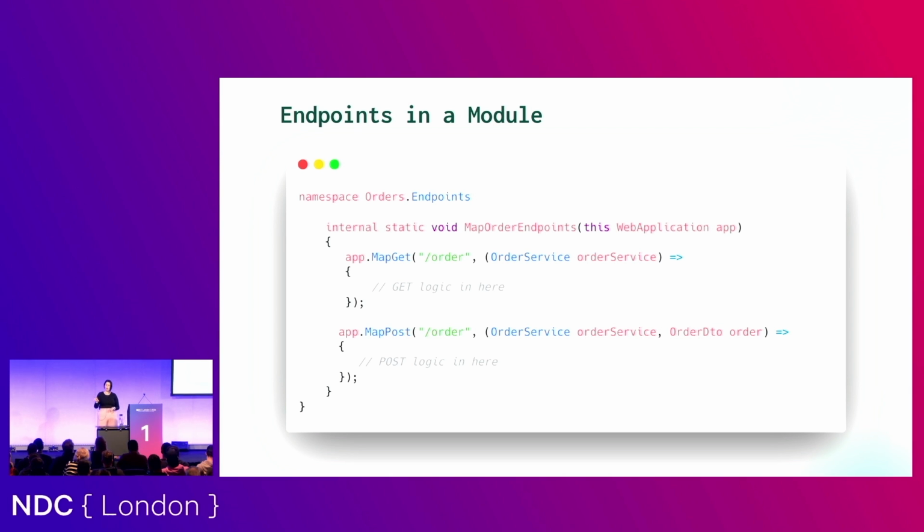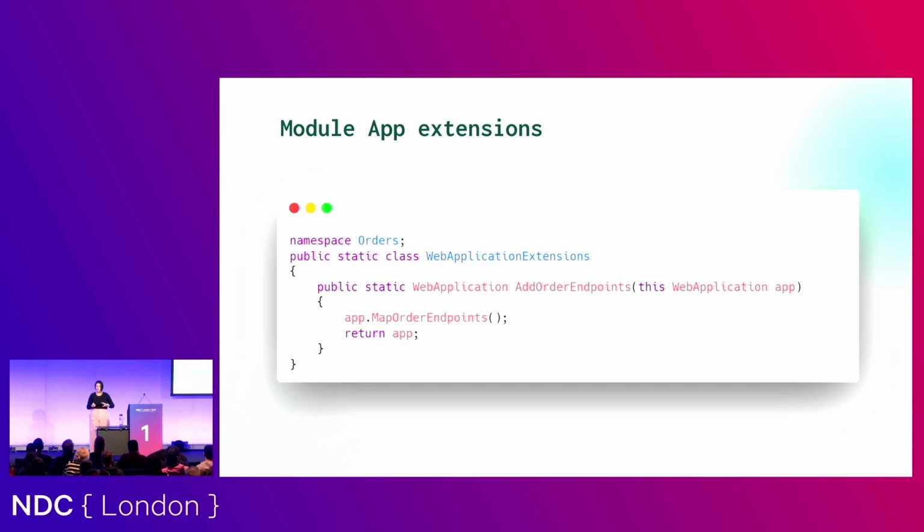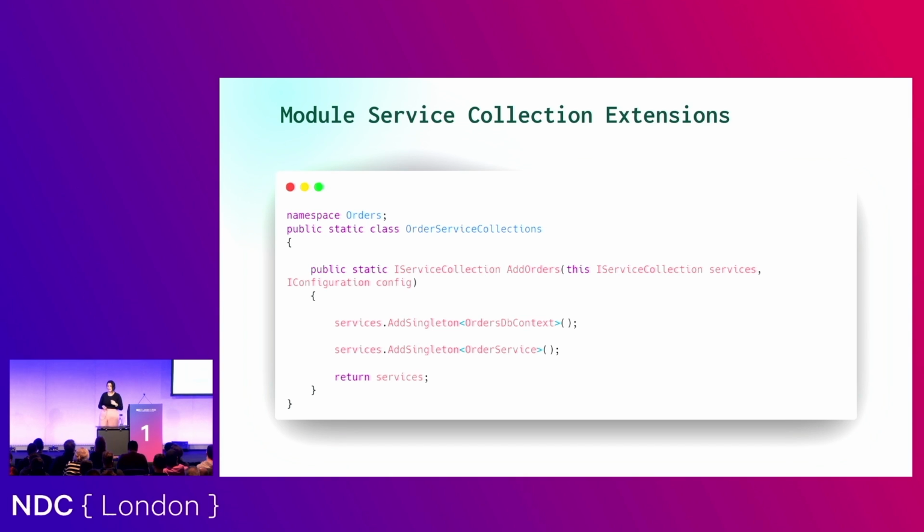But there's a whole load of nice features around minimal APIs, and you can start to sort of collect them into your module and just have all of those in there. And then you can bring them all together in an extension of web application and add those there. And then via your reference, you can also do this with all of your services that you need to instantiate, because they all have to be available for your web API because we've got that single executable. And you can see how the complexity is coming in now.